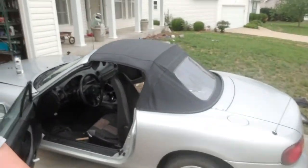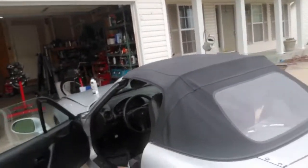I wanted to give you a real quick update on the $500 Miata behind us. Obviously, we got this new top from Amazon and went ahead and got that installed. A couple of things I wanted to point out, though, some tips and tricks for anybody that's doing one of